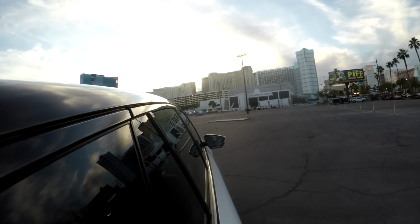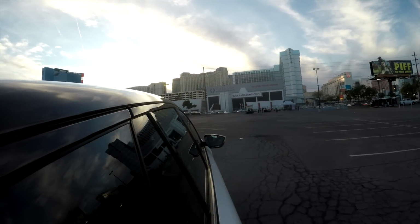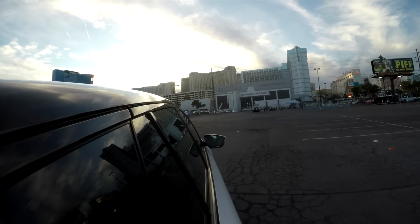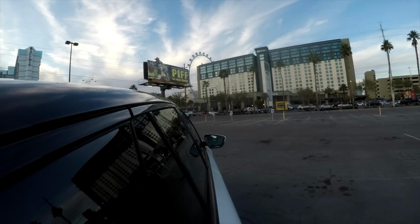The car handles pretty much as you'd expect for an SUV. There's quite a lot of body roll, but it does hold the road pretty well, at least in this poorly surfaced parking lot, which I've already mentioned. But while we were driving, we were encouraged to explore the potholes, and it certainly smoothed out the ride in a very comfortable way. I think this is really a very competent vehicle, and actually driving it,